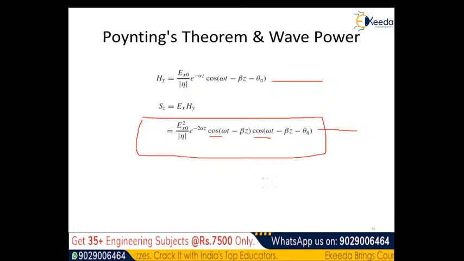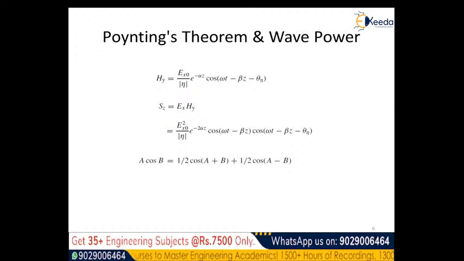So to find this particular quantity, here we are getting the equation 22 that I have outlined here, integrated over one cycle and further divided by the time period, which is the reciprocal of the frequency here. So the use of the trigonometric identity will be there. Here we have cosine a cosine b, that is equal to 1 by 2 times cosine of a plus b added by 1 by 2 times cosine of a minus b. So with the use of this identity and the integration over one cycle, we get the respective time averaged power